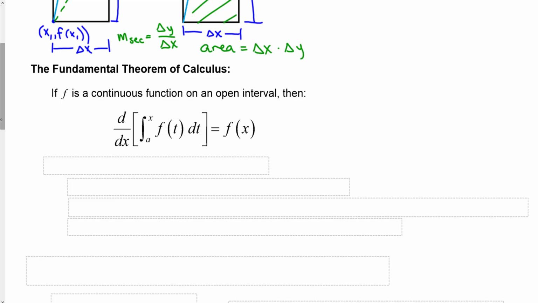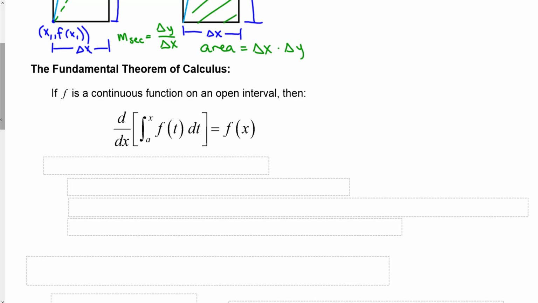Now, if you've taken a calculus class in the past, this probably isn't the fundamental theorem of calculus that you're thinking of. You're probably thinking of the one that tells you how to evaluate integrals. That's called the second fundamental theorem of calculus. And actually, different textbooks call different ones the first and different ones the second. I'm going with this because this right here, I think, is an extremely important result, which leads to the second